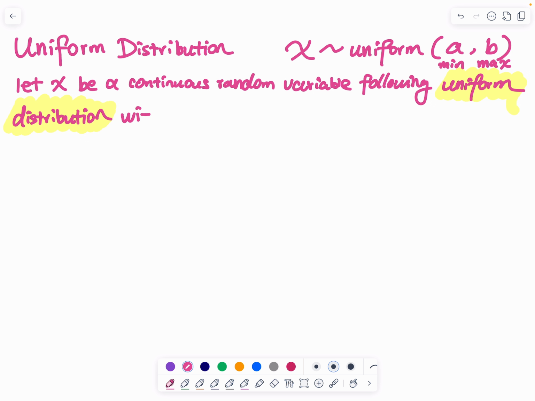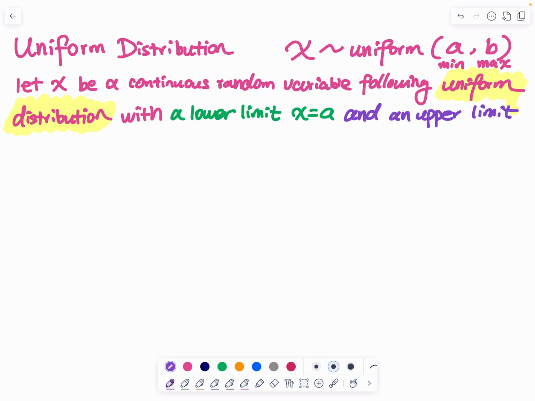Okay, let's use a different color for A. So with a lower limit x equals to A, and an upper limit x equals to B. Okay, lower limit is x equals to A, upper limit is x equals to B, and